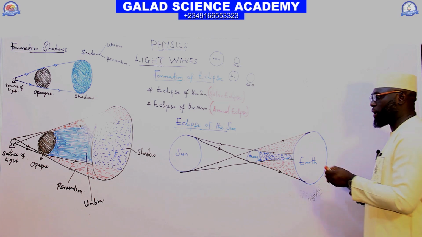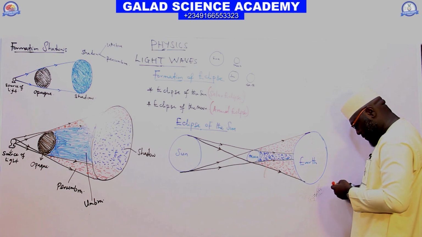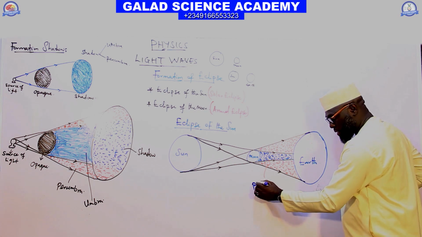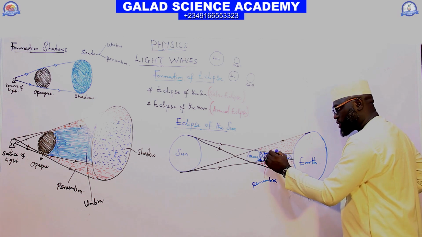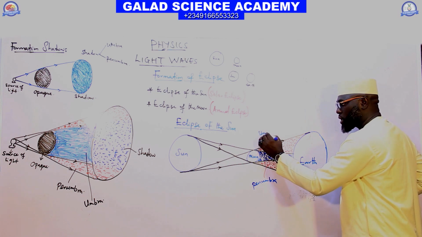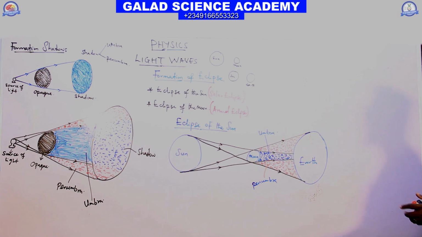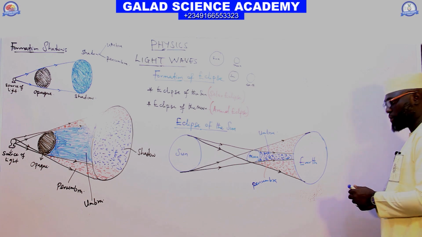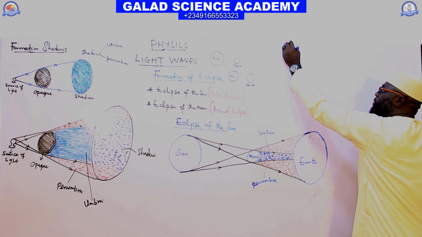So what do we have here now? This particular region is called penumbra. This particular region here, we call umbra. And the last one here, we have eclipse of the moon. So if we are talking about eclipse of the moon,